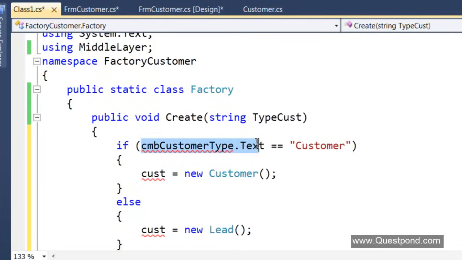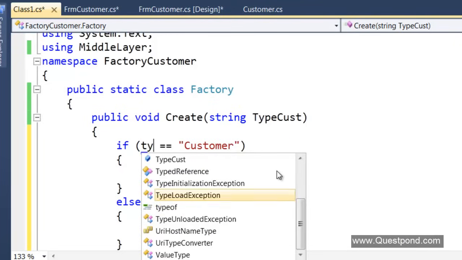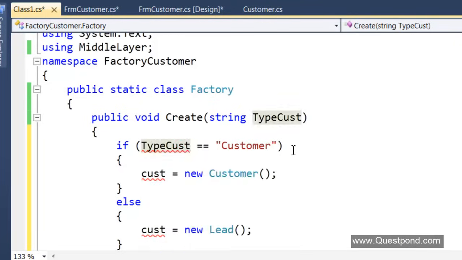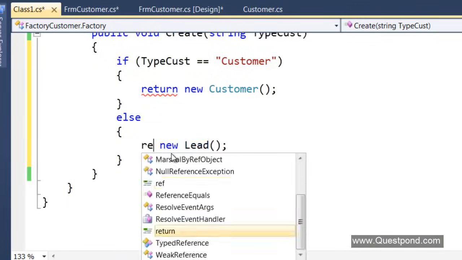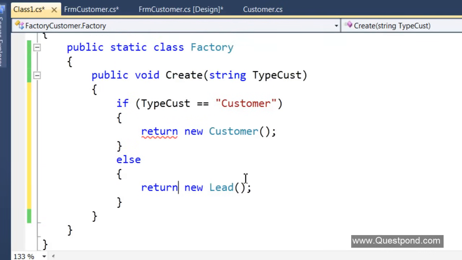So over here now I'll say, okay, if the type of customer is customer, then return a new customer, or else return a new lead, right? So you can see now this factory class is taking all the responsibilities of creating the object.